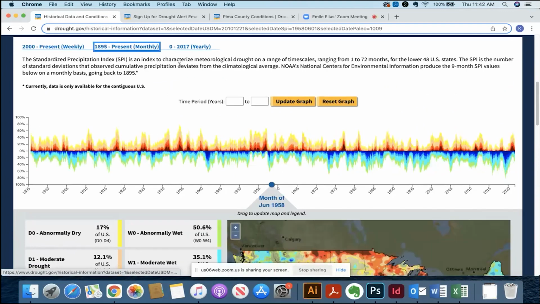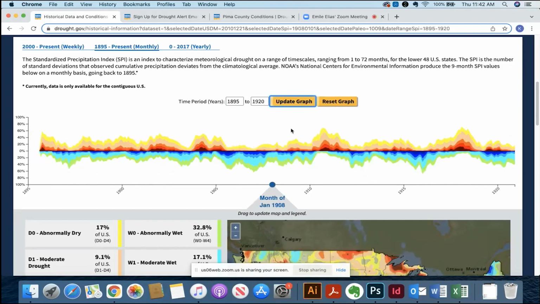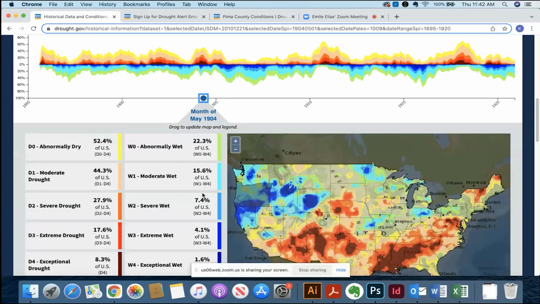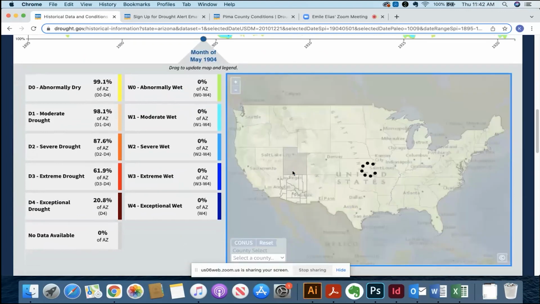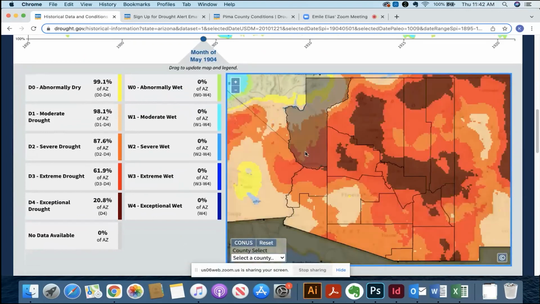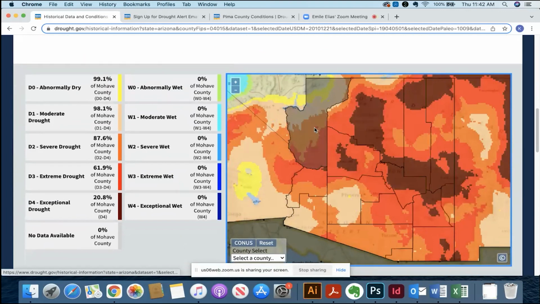You can easily select a particular data set, zoom in to view a specific time period in more detail on the time series, and then toggle this cursor to select a particular time range. Once you've found what you're looking for, the map and statistics will update automatically, and you can click on a state to load that state's drought information, or actually dig down to the county level for all 3 of these